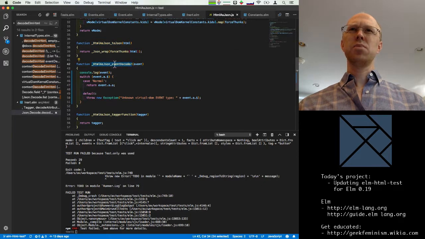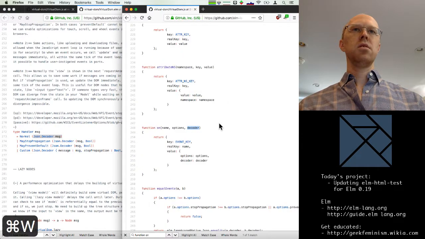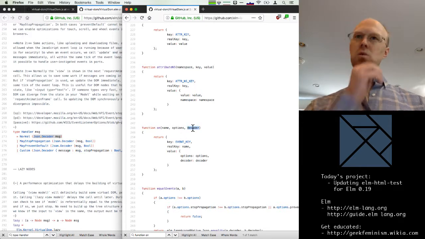I'm actually kind of surprised that what we returned is the right type. I guess it's just supposed to be decoder of message, which in this case, I see, was a decoder of message.